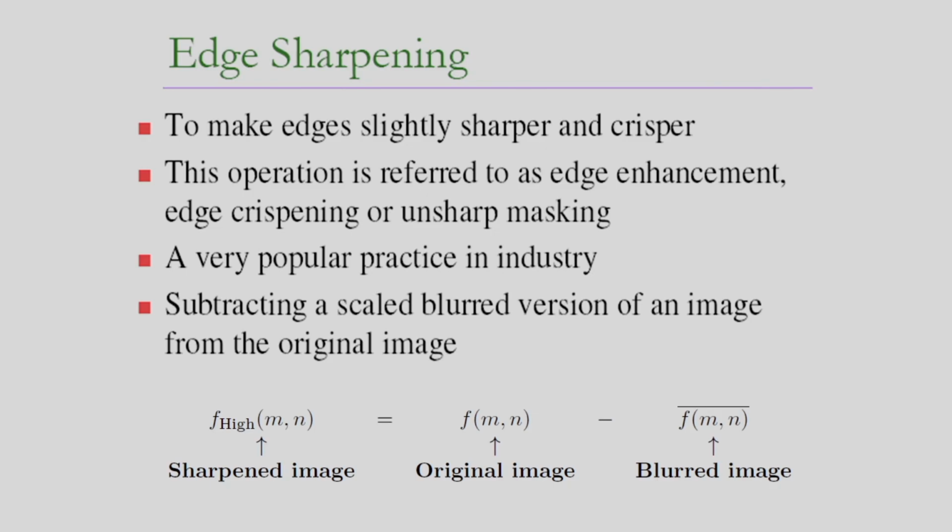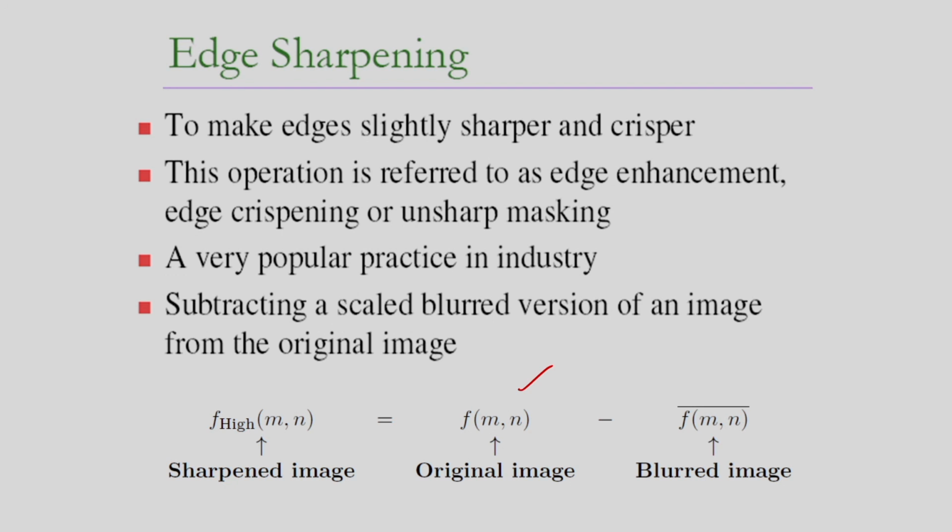The next filter I want to consider is the high pass filter, that is used for sharpening edges. Then in this case what I have to do, how to develop the high pass filter? I have the original image f(m,n), and if I subtract the blurred image, that is the low pass filtered image, from the original image, then in this case I will be getting the sharpened image. That is nothing but I will be getting the high frequency components. So the sharpened image is represented by f_high(m,n), that is nothing but the high frequency components I will be getting corresponding to the edges and the boundaries. So this is the definition of the high pass filter.